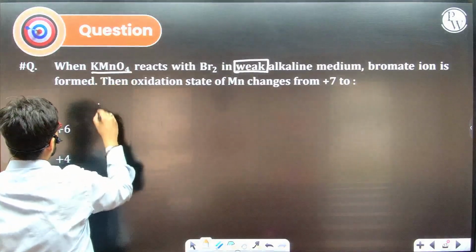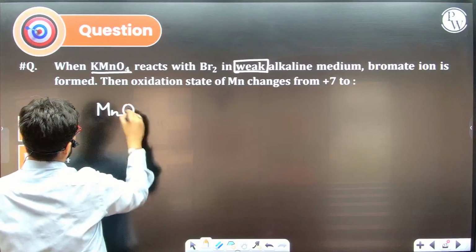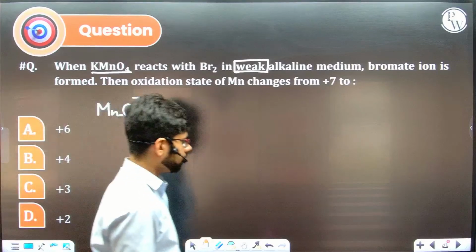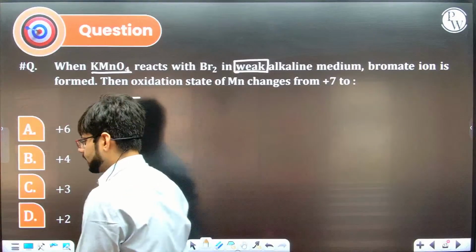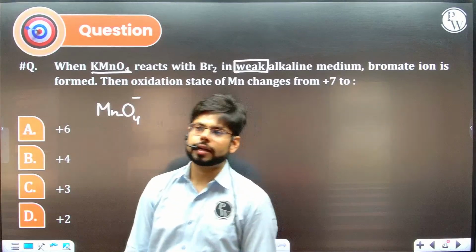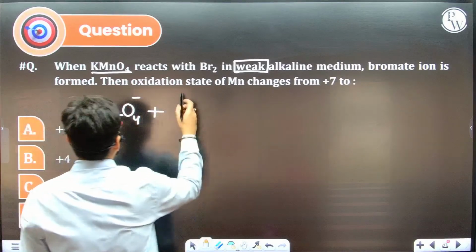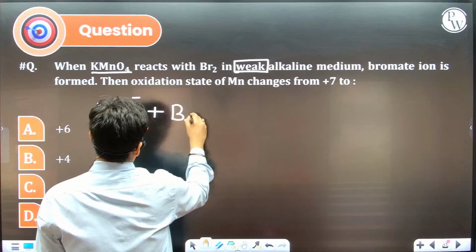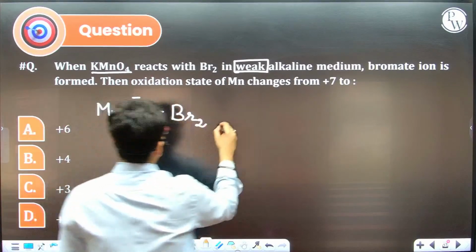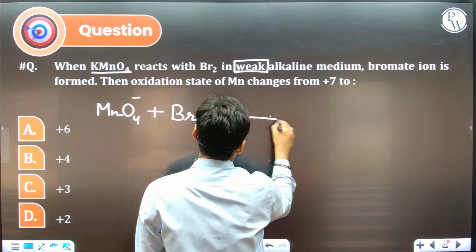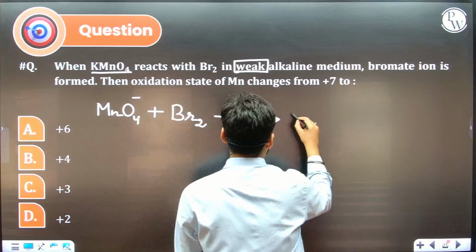Okay, now we know that in KMnO4 we have MnO4 minus. This is called permanganate ion. Now this permanganate ion is reacting with bromine. And the medium is basic, but it is mildly basic. Okay. Now we know that in mildly basic solution,